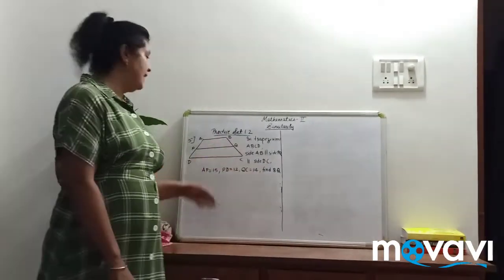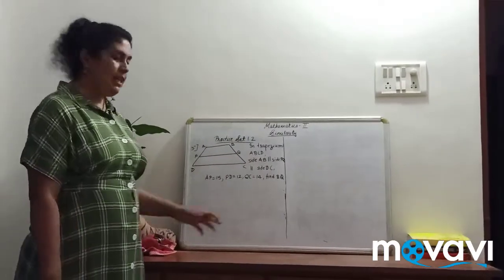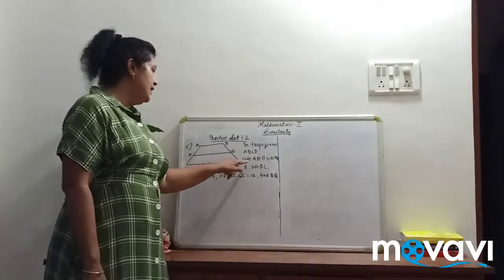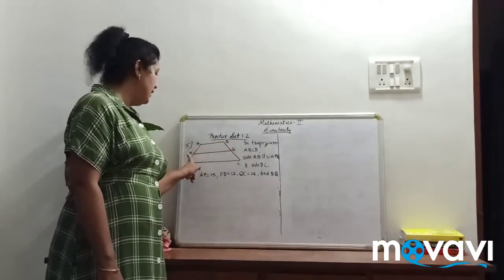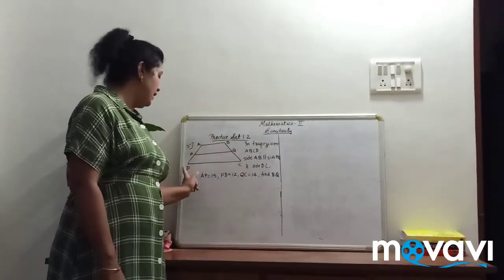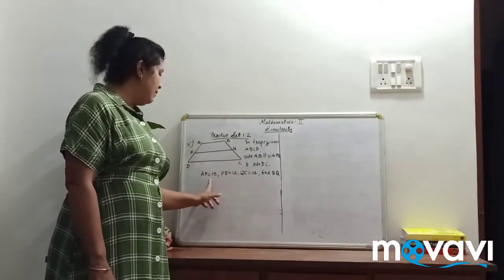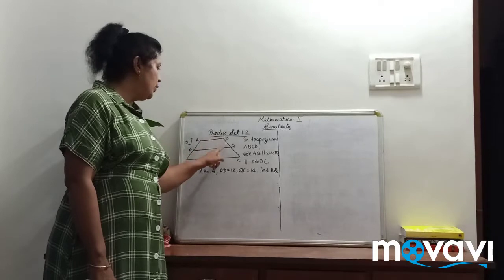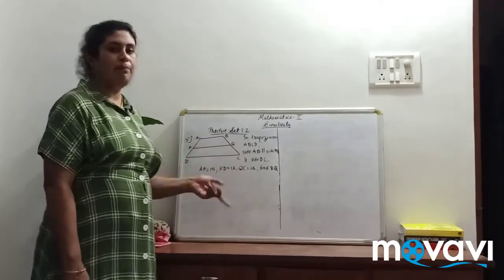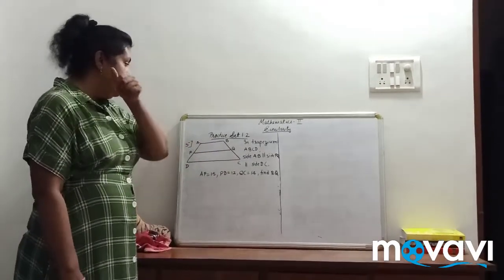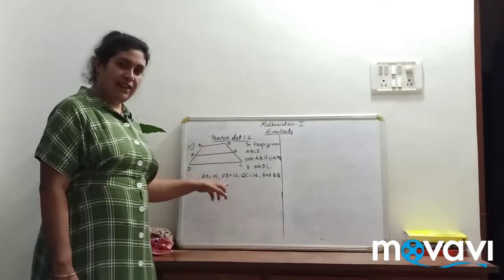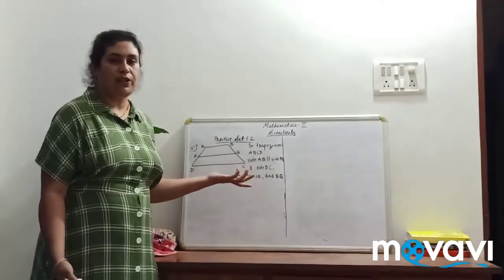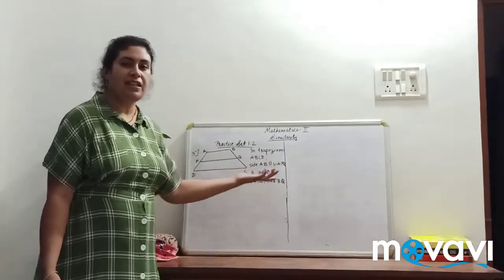So this is the next example, fifth example. Let us see. In trapezium ABCD, side AB is parallel to side PQ is parallel to side DC, and measures of side AP, PD, QC are given. You are supposed to find BQ. Very simple. The three lines are parallel. So which property are we going to use? Of course, we are going to use the property of three parallel lines and its transversals.